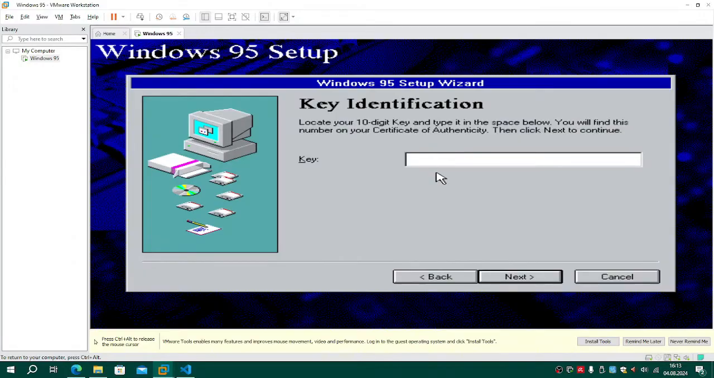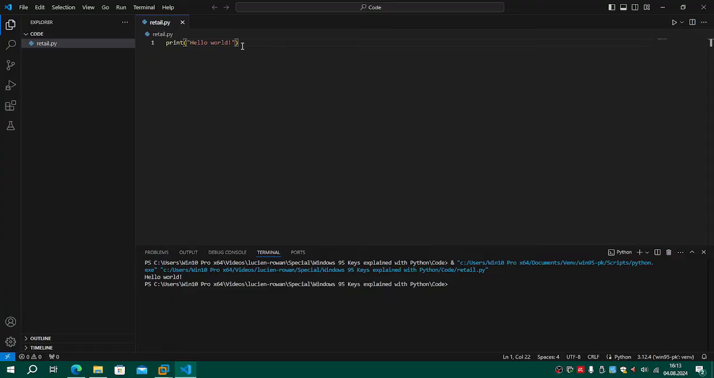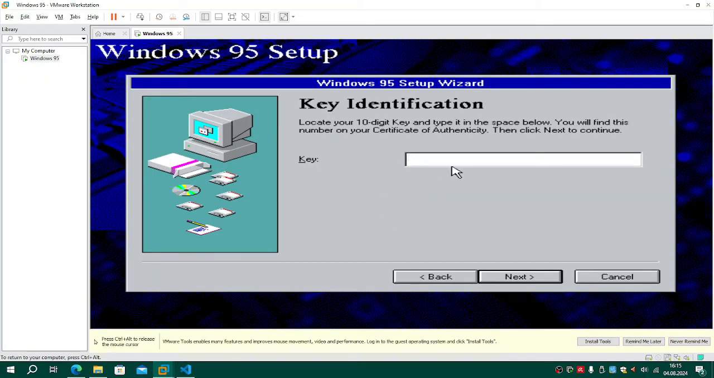So you see, this would be a valid key. But how do we check that? And this is what I'm going to demonstrate here. And we're going to store this in the function algorithm. So if we look back to our Windows 95 machine,